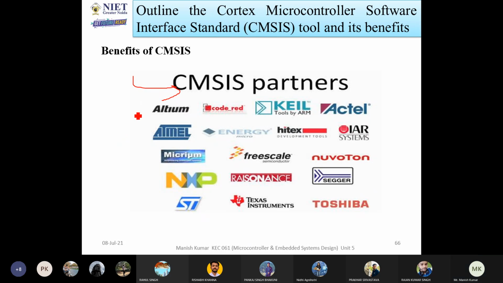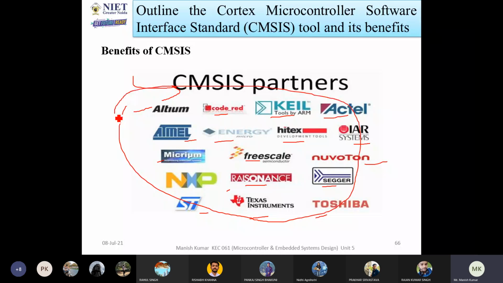Now you can see Altium, Atmel, Energy Micro, Hitex, IAR Systems, Micrium, Freescale, Nuvoton, NXP, Renesas, Tasking, ST Microelectronics, Texas Instruments, Toshiba. So these different types of companies are partnered with CMSIS.